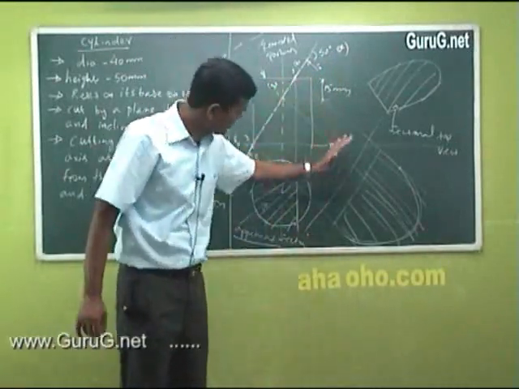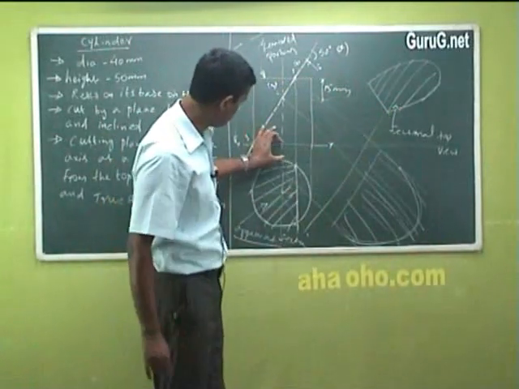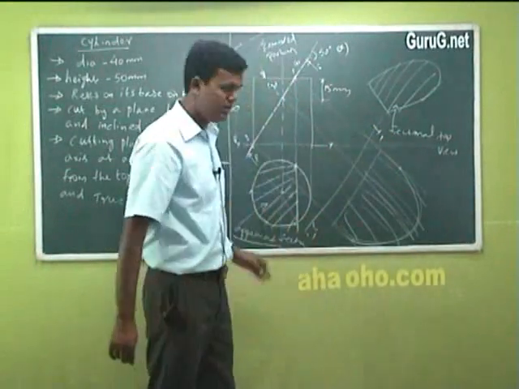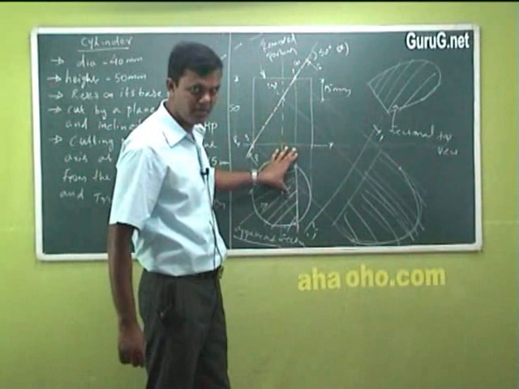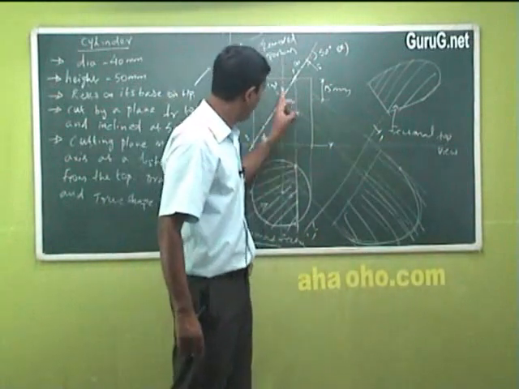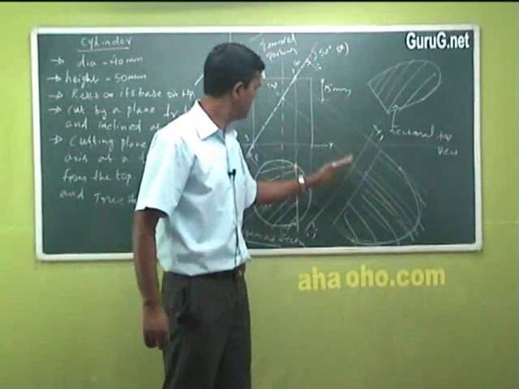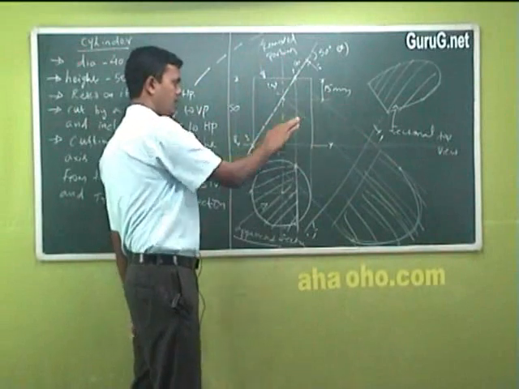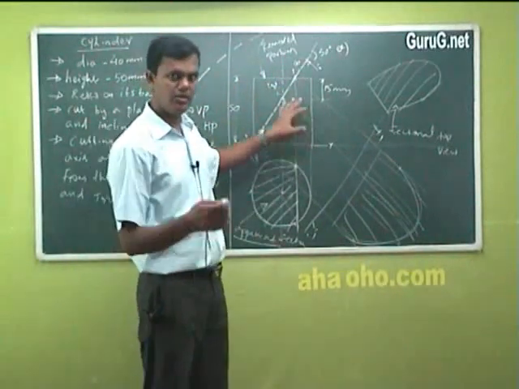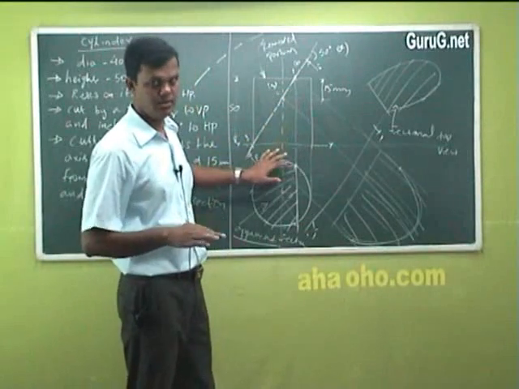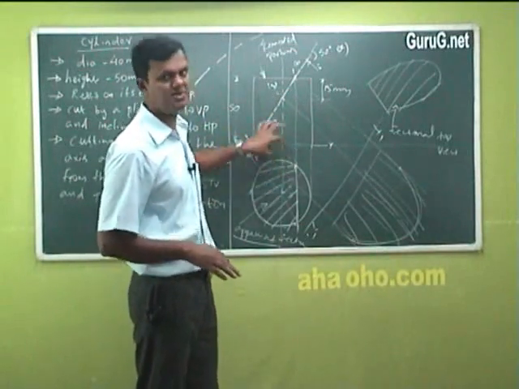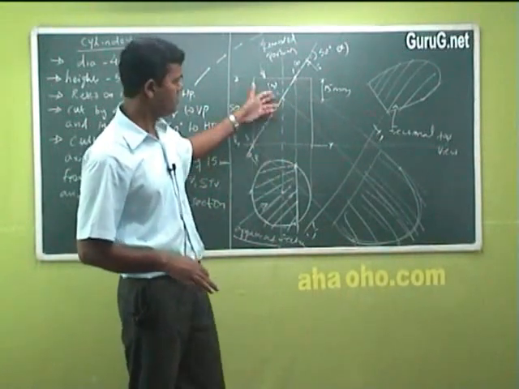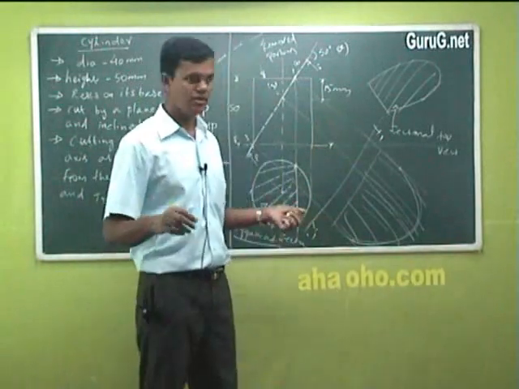So parallel to this section plane you draw another line. Then transfer all the values from your original XY line. This is transferring, called X1 Y1. From this you measure all the points with your compass and pencil. If it is 1 and comes under 1, it is 1, 2 is 2, and whichever you transferred, you take. Your markings of A1, B1 and the hidden points all hold good as such, as you solved in projection of solids. So basically these two shapes are important: first the front view and top view, the true shape and the projected view, then you go for sections. So this is about a cylinder.